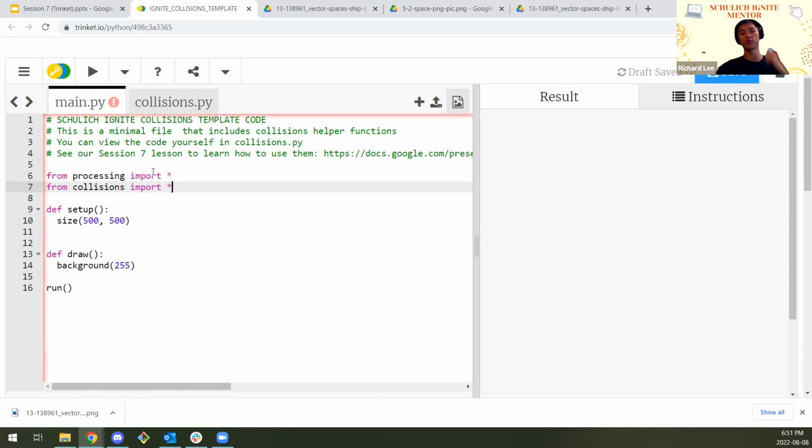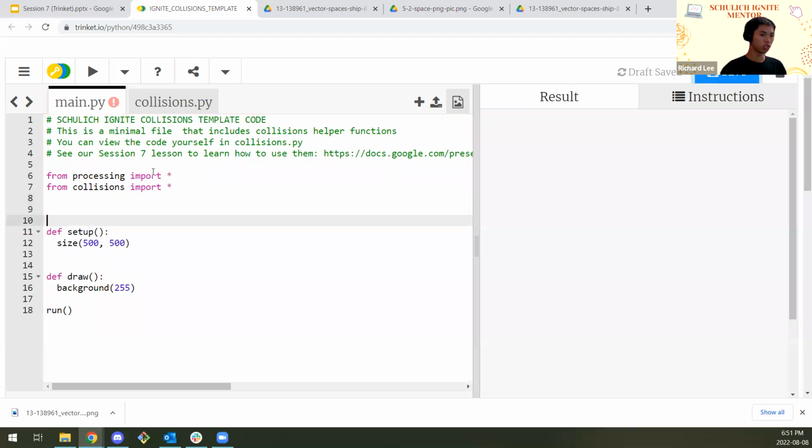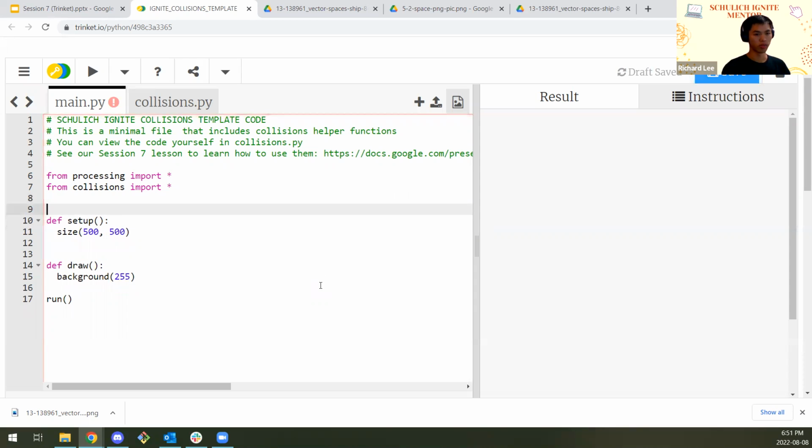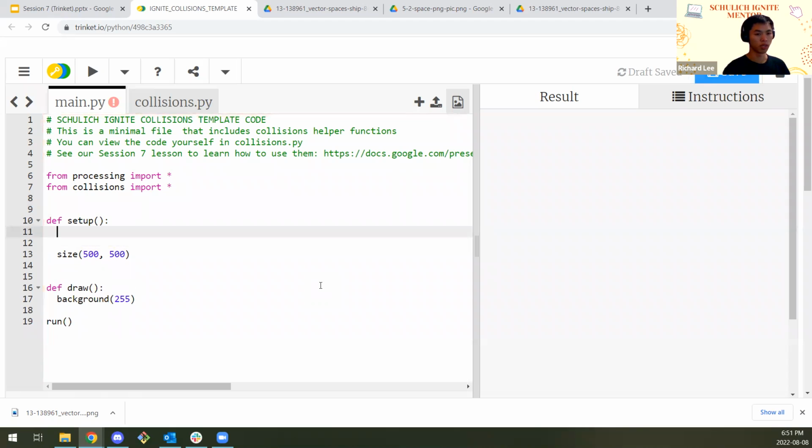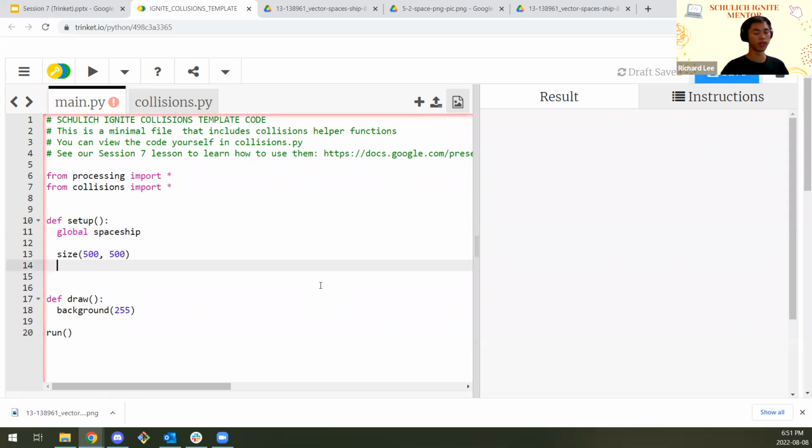First things first, load it up. So what I'm going to do here, I'm going to create a variable. Oops, not right here. I'm going to go inside def setup. Yep, we're going to make some code inside setup for once. Not very often we need to do this, but I'm going to say global spaceship, if I can spell spaceship properly. And then down here underneath my size command, I can set the variable spaceship to the value of